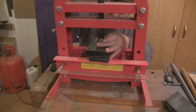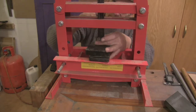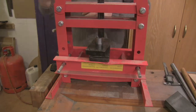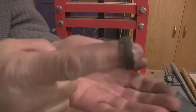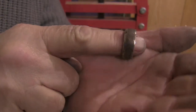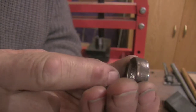I mean, when you're doing this, it's just trial and error. Do a little bit, take it out, have a look at it until you get the sort of desired effect you're looking for, and that's a little bit better. Right, so I'll bring that up and hopefully the camera will focus on it. You can see it's got a reasonably even curve on it. Now, that's the sort of barrel I normally aim at,